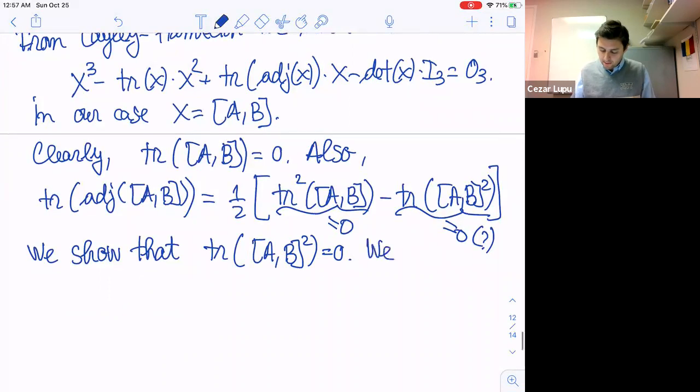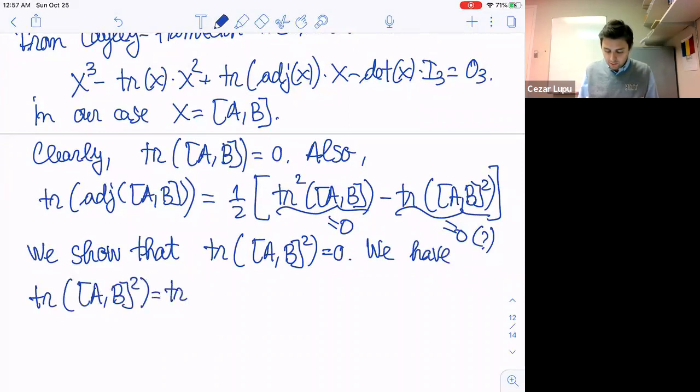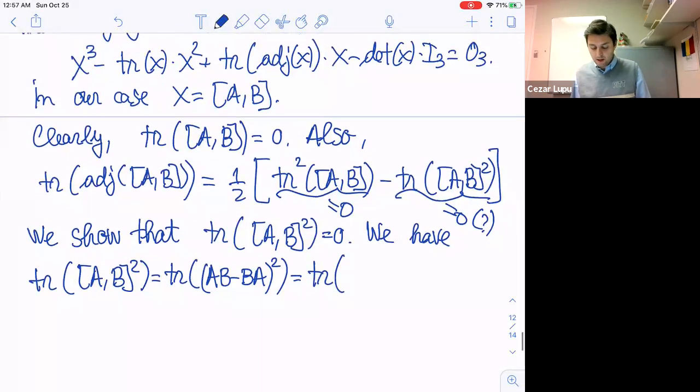So we have that the trace of the bracket squared is nothing else than the trace of, okay, so it's AB minus BA squared, which is, if we want to write this, and let's do the computations, this will be the trace of,